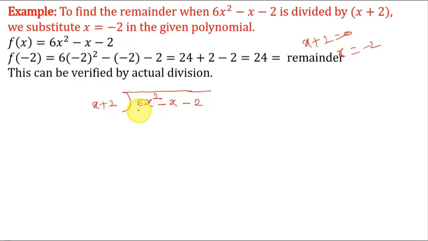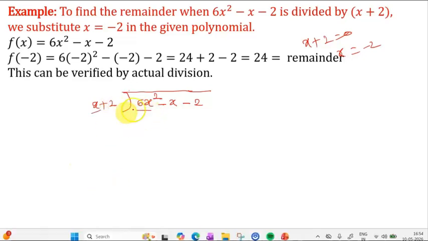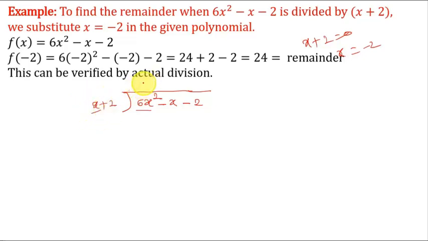Now consider first of all the first term of the dividend and divisor. To get 6x square, we have to multiply this divisor x by 6x. Therefore, 6x into x, you will get 6x square. Always consider the first term of the dividend and the divisor. And 6x into 2, then you will get